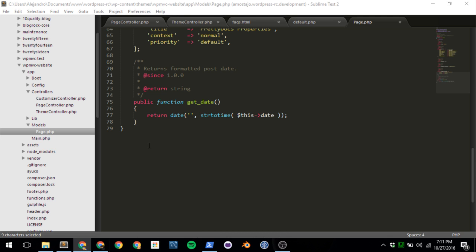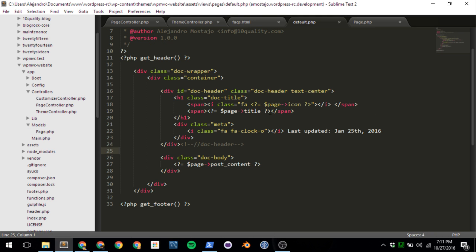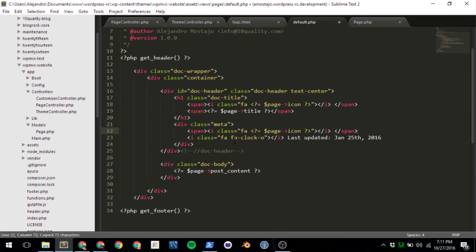Alright, so it seems that this is set up as a setting in the database, and it's called get format, like this, date format. So it means that now that we have a date format, we can try something like this. Maybe first of all we might want to test it though. So let's add the clock over here